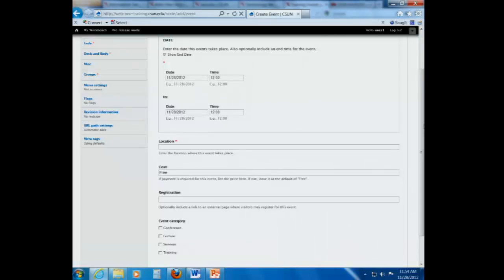But what this does is allow users to search your events. If you've got a lot of events in your area, it allows them to search by the category, as long as you assign a category. So it's not a required field, but it's definitely something you want to check when you're going and creating your